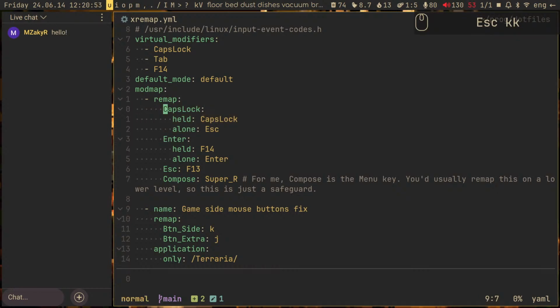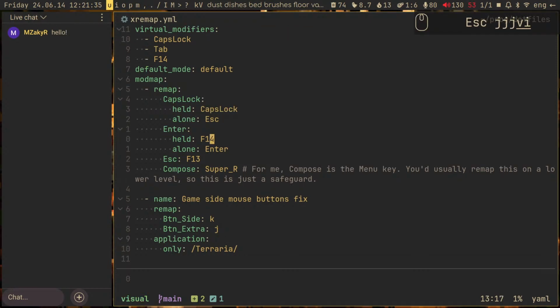So yeah, basically, in your mod map, you can make a key. Doesn't have to be a modifier immediately. You can make a key act as a key when alone, or as a modifier when held. But to make, so see what I'm doing here. When caps lock is held, do caps lock. To make sure that it works correctly and as you expect, as a modifier, because caps lock is not a modifier by default, and neither is F14,